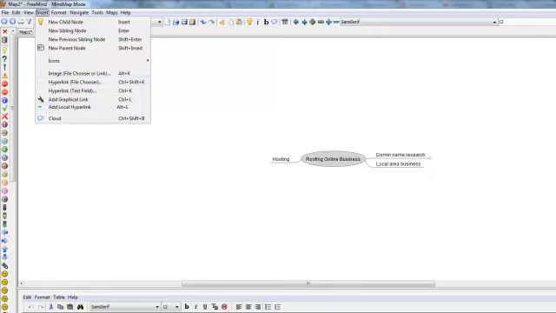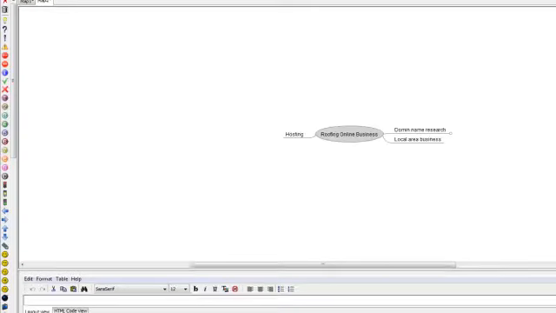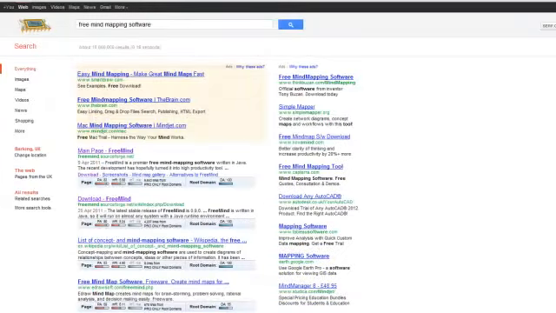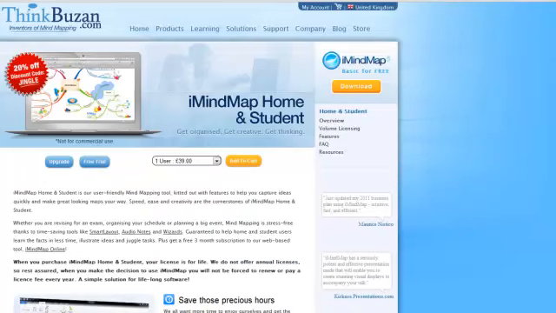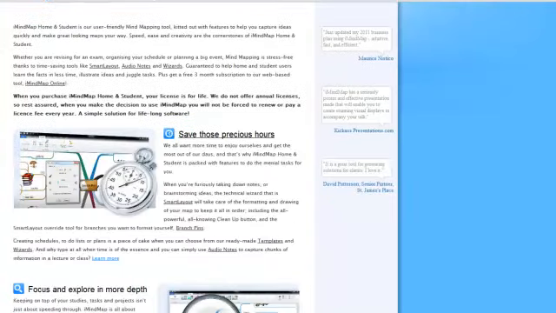So I mean, it's a free software and it comes in handy. It's pretty useful. Now if you don't want to use the free software, I have different options. So if you type it in, you can go to Think Bonanza, which is the guy who has written a lot of good books. I actually bought two of his books. So he has iMindMap, so you can go to iMindMap here, but this one's pricey.